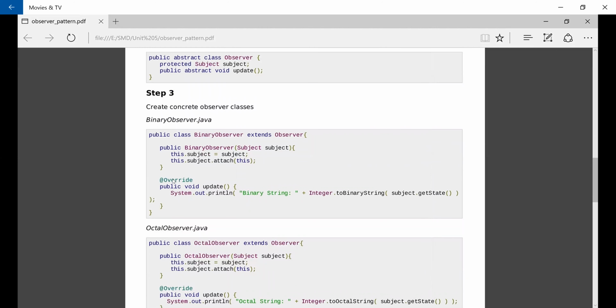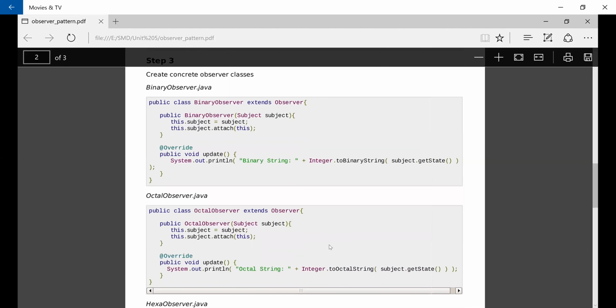Public class BinaryObserver extends Observer. You know about this code: subject.attach(this). Then the public void update function: System.out.println with Integer.toBinaryString of subject.getState.